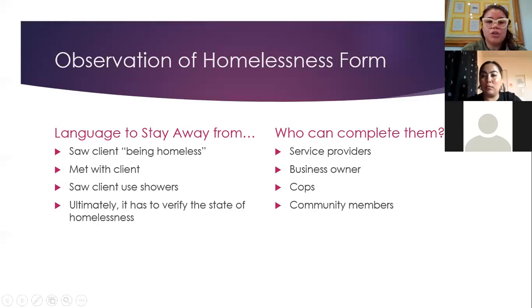Okay, so for the observation of homelessness form, here's just some language to stay away from. I see this a lot. It's the most common mistake, and I'm really trying to be like, stop, please stop doing this. You can't say case manager saw client being homeless or community member saw client being homeless, because to say that you're seeing someone being homeless doesn't give us an actual observation, because being unhoused can look different for a